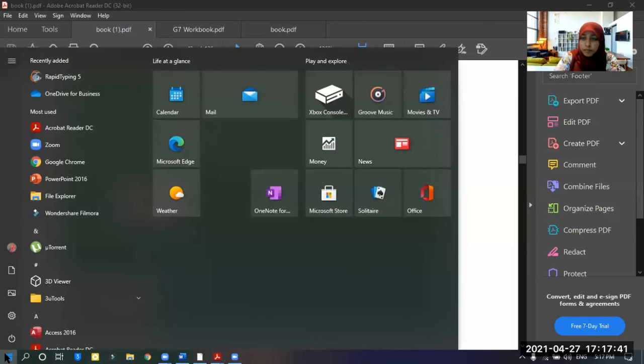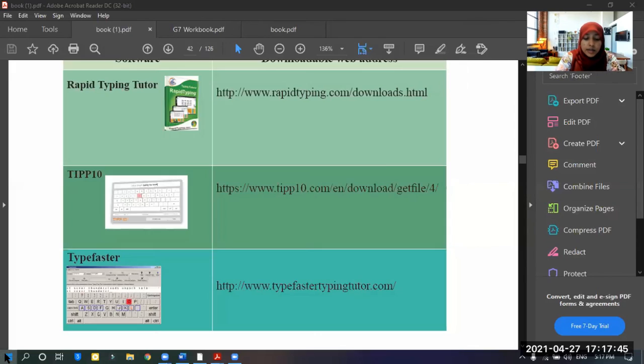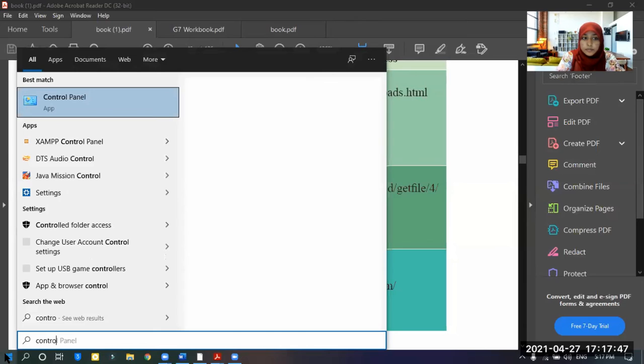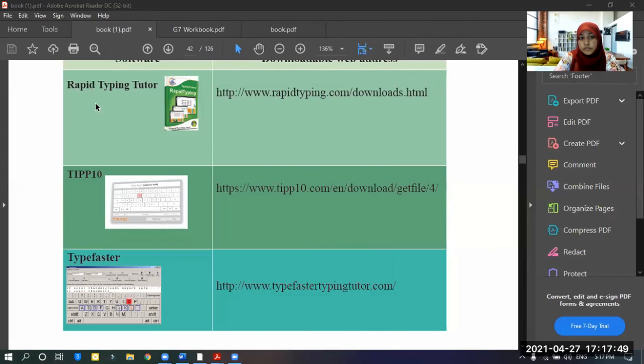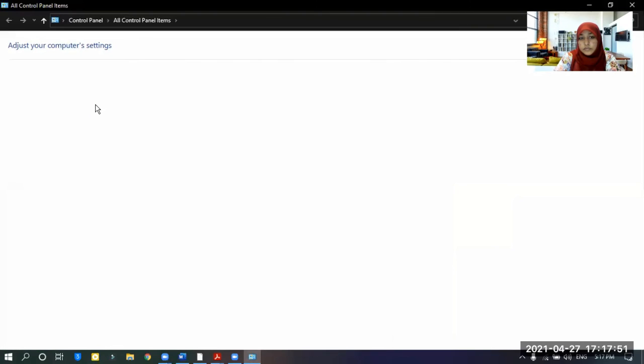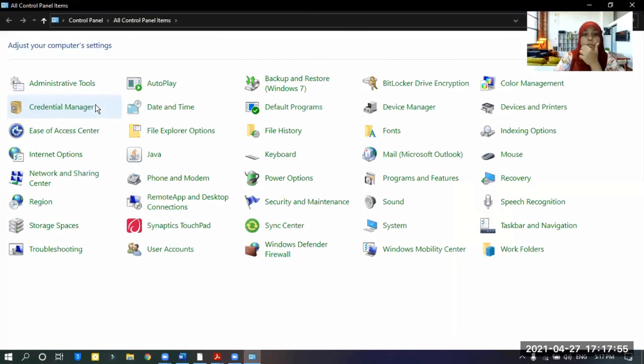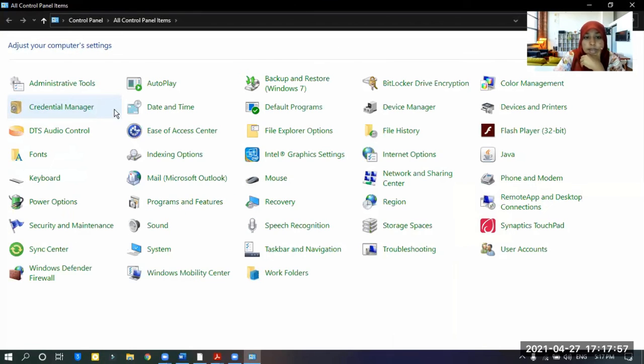Go to start button, the start menu, and write control panel. Here, languages, okay? Go to region. Go to region.